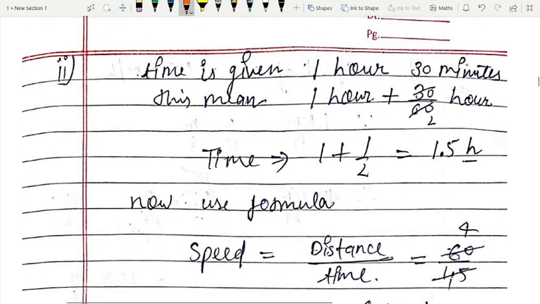In the second part, the time is given as 1 hour 30 minutes. Nothing to worry about. 1 hour plus 30 minutes we will change into hours, because we need our answer in kilometers per hour. 30 minutes means half an hour; you can directly write that. Otherwise, to change minutes to hours we divide by 60. The zeros cancel out, 3 twos are 6. So 1 plus 1 upon 2 means 1.5 hours. 1 upon 2 means 0.5 and 1 plus 0.5 is 1.5.